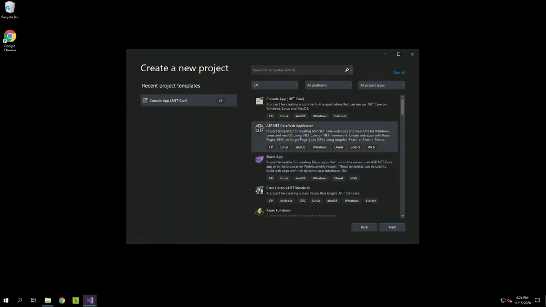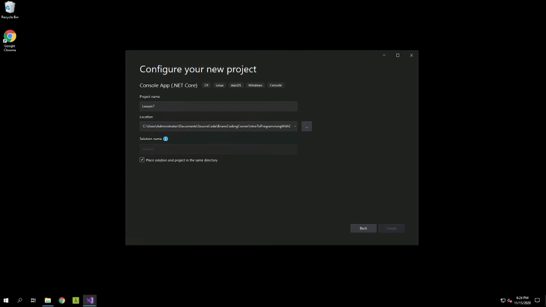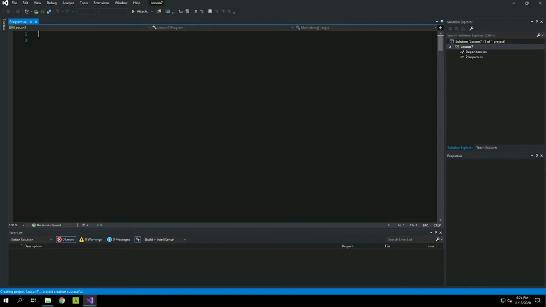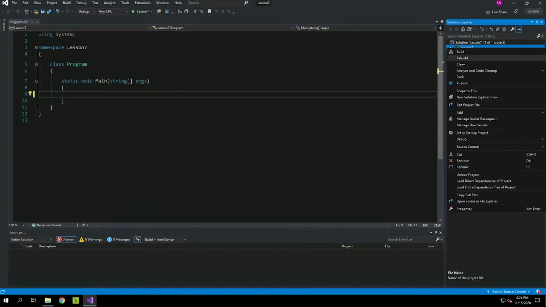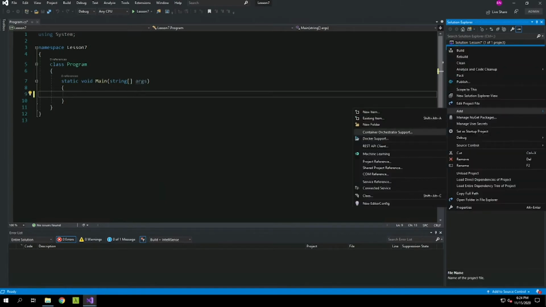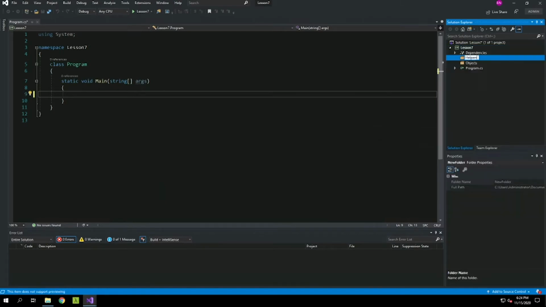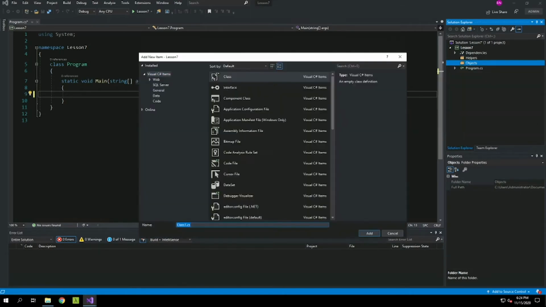In Lesson 7, we're going to be talking about static classes, and I'm going to create a new console app for Lesson 7. I'm going to recreate what we were working on in Lesson 6. We'll clean this up. The way I like to create my code is I like to group things into folders. So I'm going to create objects, and then add a new folder for helpers. I'm going to go ahead and recreate my temperature reading